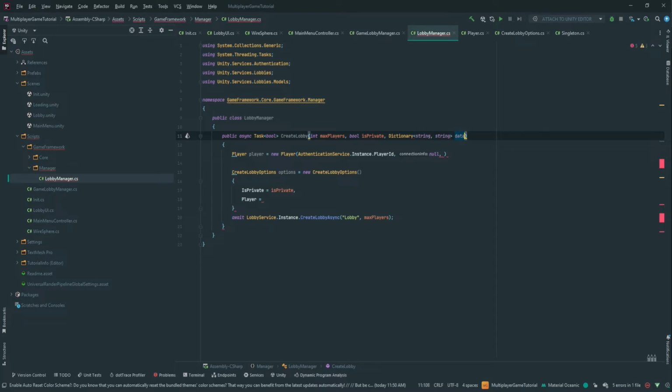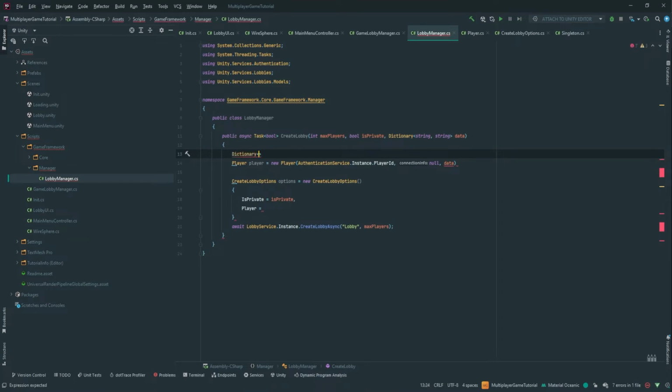The thing with that is I don't want the game to have to specifically create objects that are related to the Unity SDK. I want to try and keep that separate. So the lobby manager is really the glue in between them. He's going to pass me a generic data that is string, and I'm going to convert it into what this needs to be. So here what we're going to do is